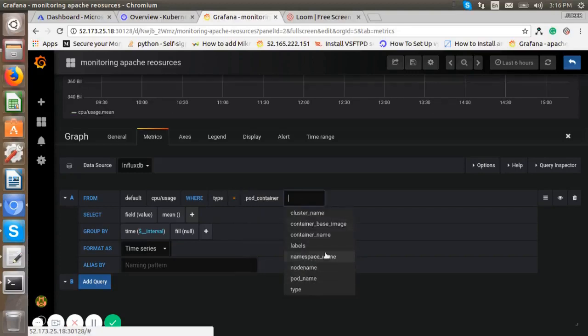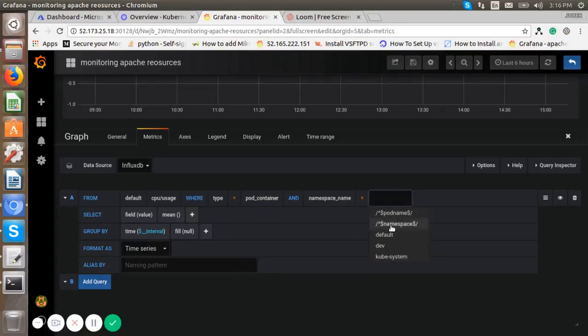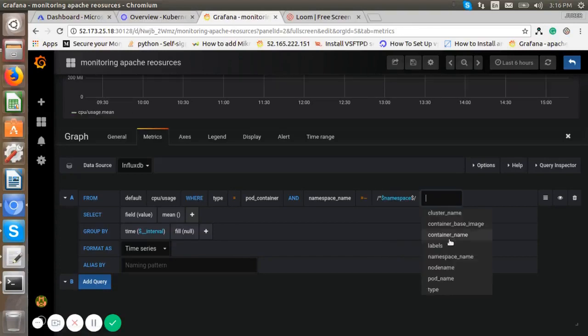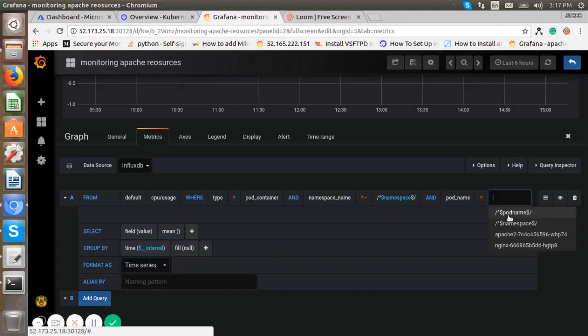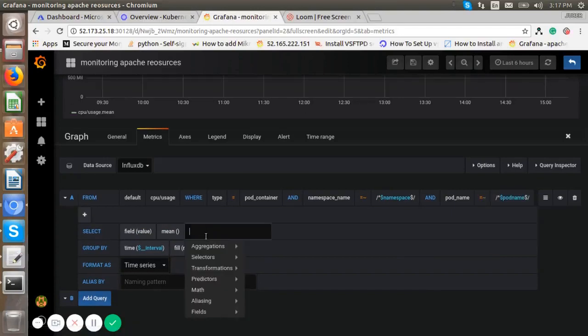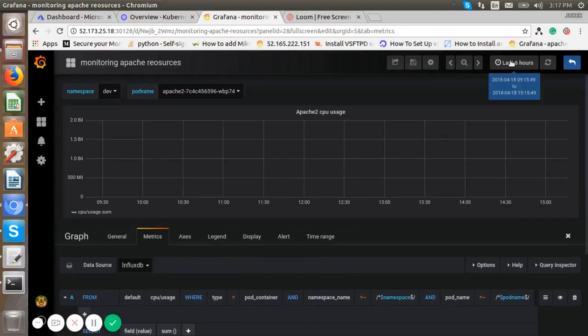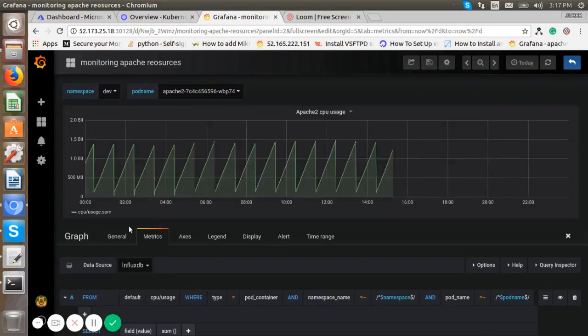Select namespace, tag in namespace. Select pod name, tag value is pod name. Select the value. Now we can check this. Now you can see the graph for the CPU just for the Apache container.